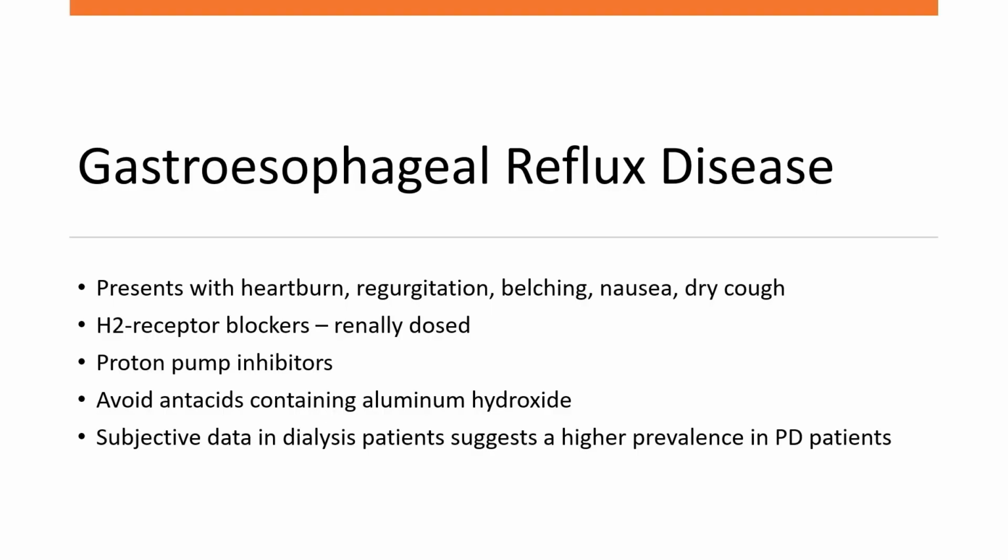Antacids can be tricky for our more advanced kidney disease and dialysis patients because they're available over the counter, and sometimes people use them fairly frequently, and you may not be aware of the use. A lot of antacids contain aluminum hydroxide, so that same concern for the aluminum toxicity that we talked about with sucralfate is there. And then some antacids have calcium, so patients with hypercalcemia, if you ask them about calcium supplements, they may not be aware that things like Tums and Rolaids are included in that, so it helps to ask